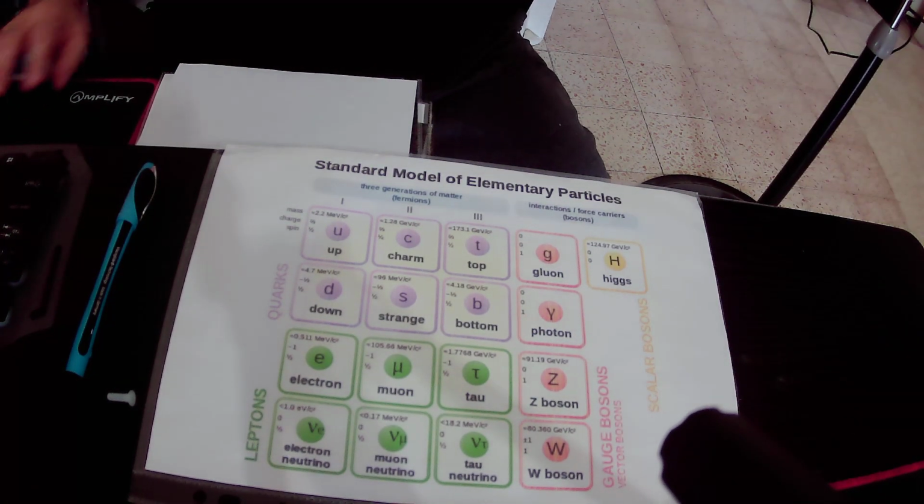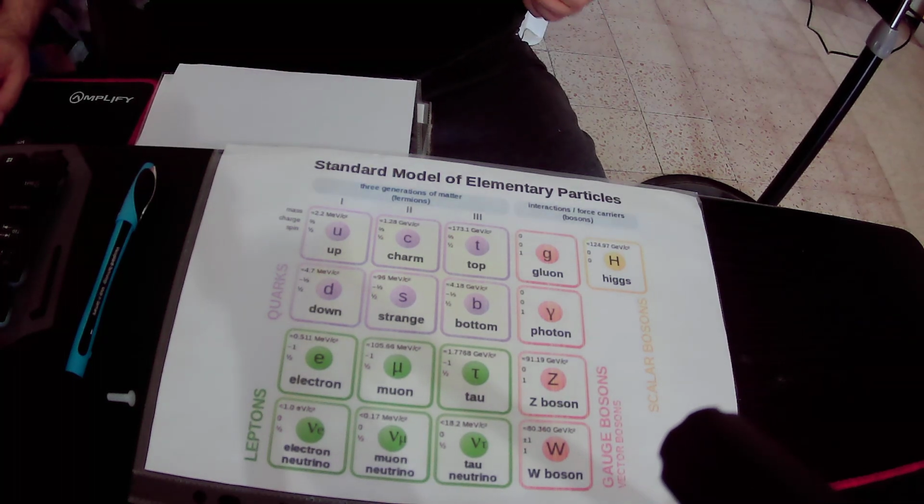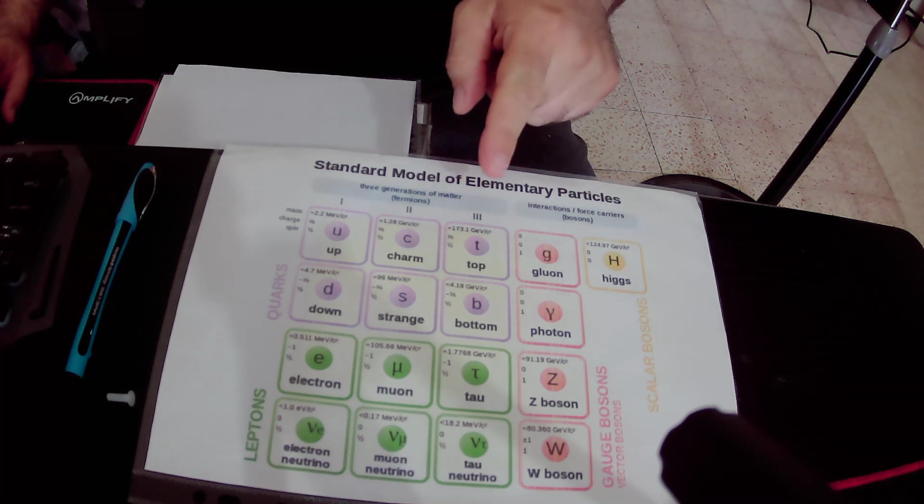Hello, in this short lecture I will talk about the most fundamental structure of matter. Matter actually consists of 17 elementary particles, as you can see in this picture,